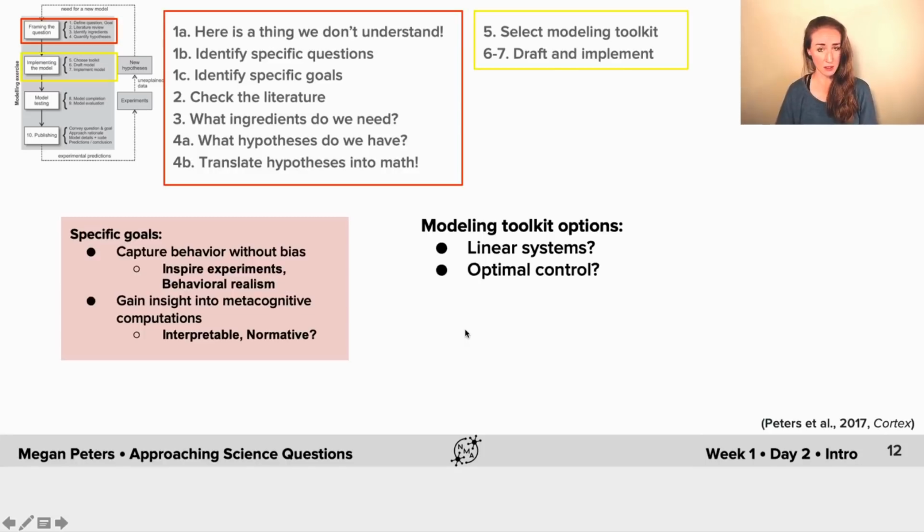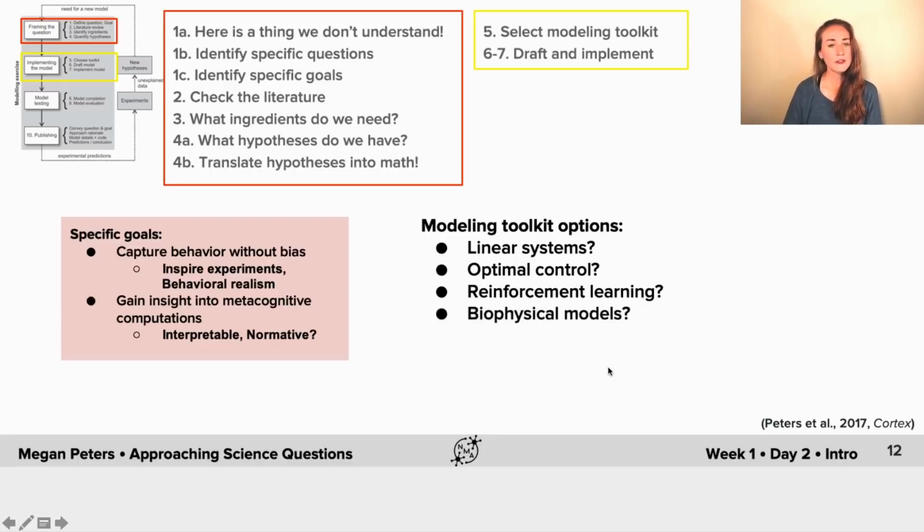That seems like maybe it could be a candidate. Well, this is also not really about controlling anything, right? It's about how the brain is perceiving stuff. So this probably cannot be right either. Maybe reinforcement learning. That's pretty popular right now. But there's no learning here. This is just, here's a bar, discriminate the orientation of the bar, and then rate your confidence. That's basically all we're doing. So there's no learning, and so a reinforcement learning approach is probably not appropriate either.